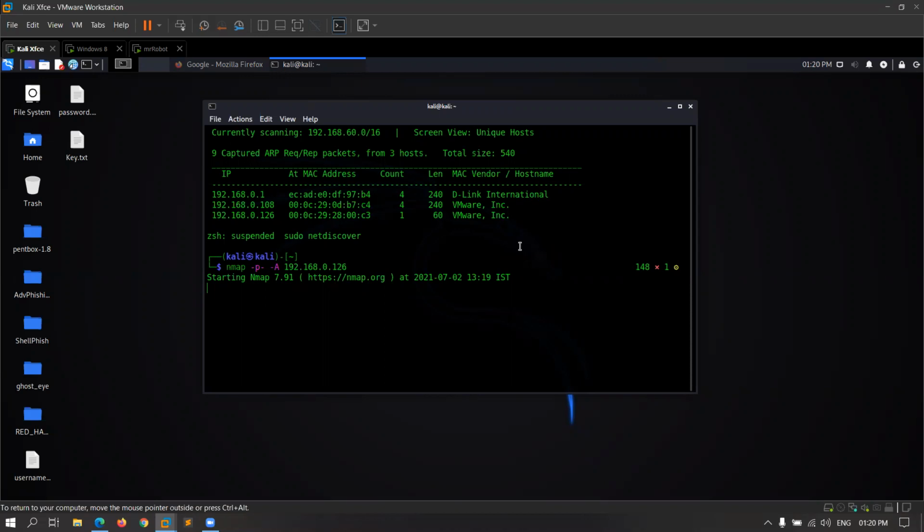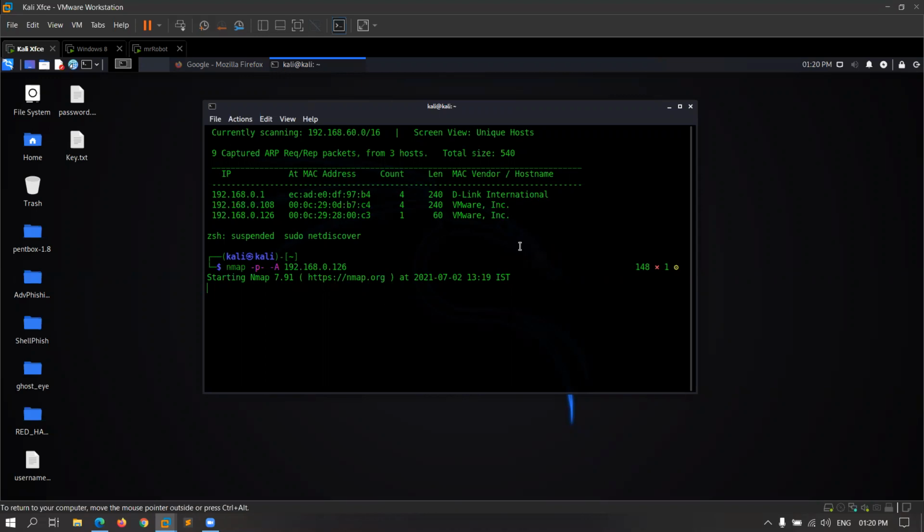So the first step was we have discovered the IP address of our victim, our target. The IP address of my machine was 192.168.0.126. And the second step is I am going to get the information about the open ports. If port 80 is open, I can open this IP in my browser.